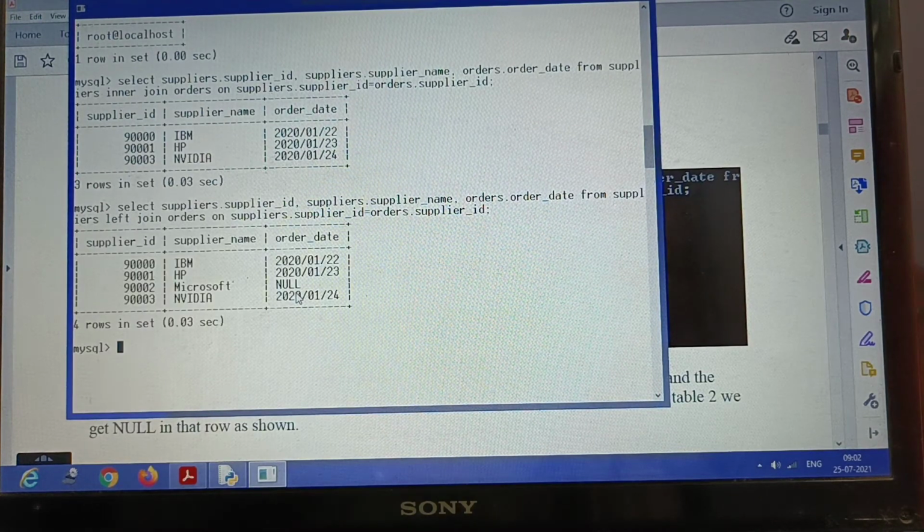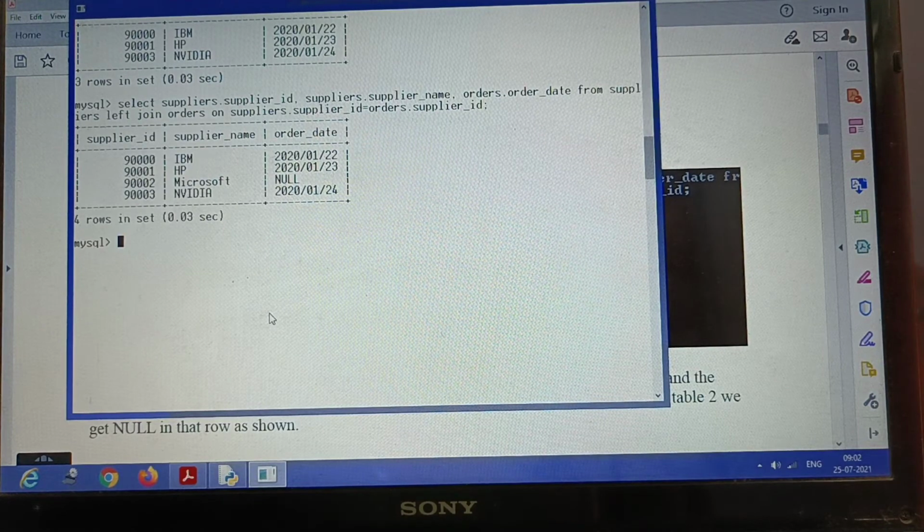So you see that the null value is coming. So it is displayed as a null value. Now once the null value is coming, we can see the output exactly as we have discussed. The reason for this null value is that we have all the records of the left table and we are taking the corresponding values of the right table, but since there is an entry missing, it is replaced with the null value.